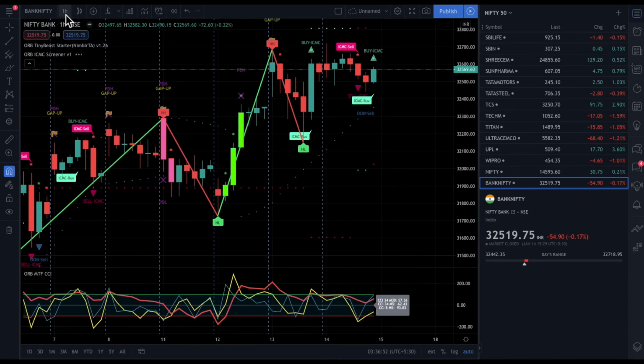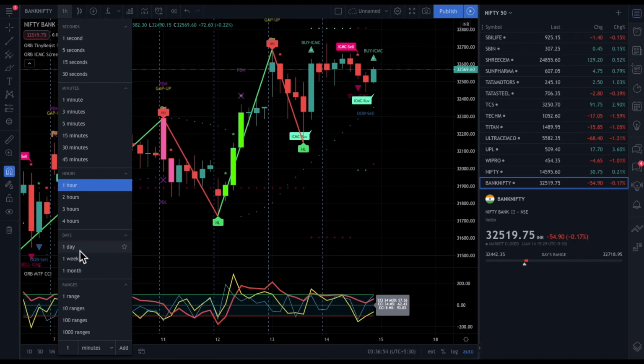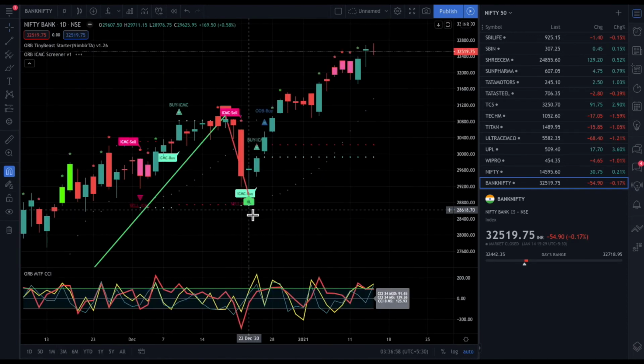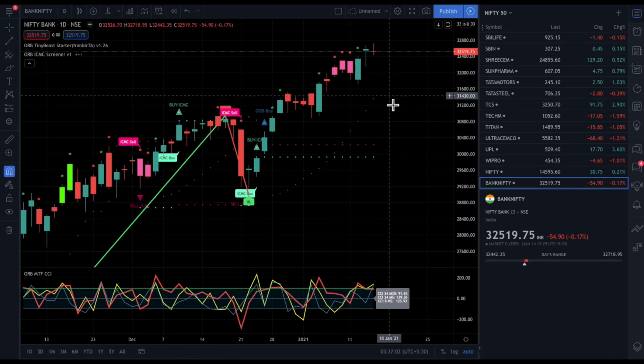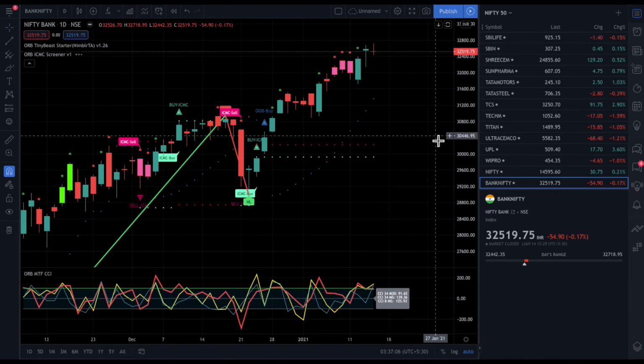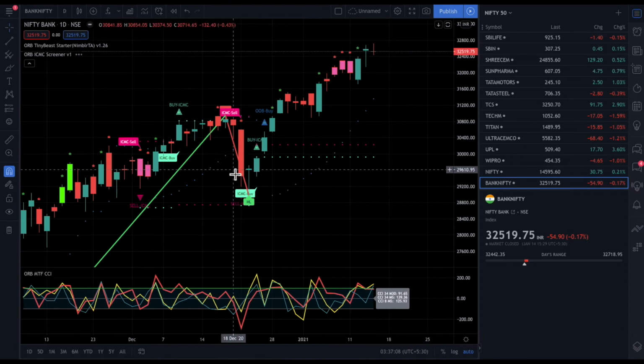So this works across all time frames. It will work across all the time frames available, and within the stock list which is given, if there's an ICMC breakout happening, it will show you live on the screen itself. That means it actually shows you right here, and then you can accordingly go to that particular chart and act on that particular chart.